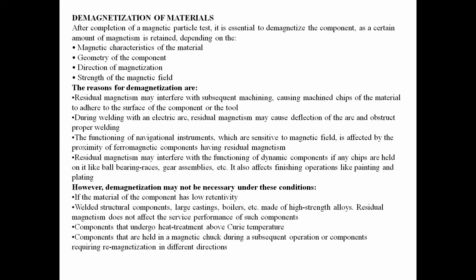Suppose, for example, you tested a component in magnetic particle testing, you magnetize it, and then the material behaves like a magnet. You have conducted the test and your test is completed. Then we are going for machining of the component. Still there is some residual magnetism inside the component. What will happen if you cut that material? The chips moving after cutting stick to the material. If you place that component at any place, foreign ferrous materials are attracted to this component. So this disrupts the application of the component.